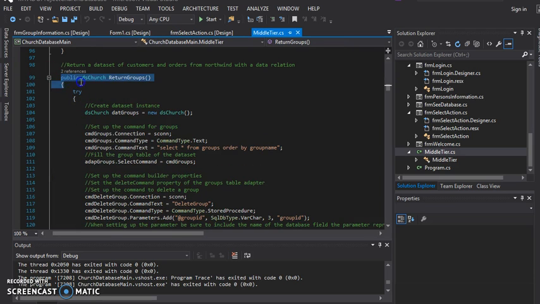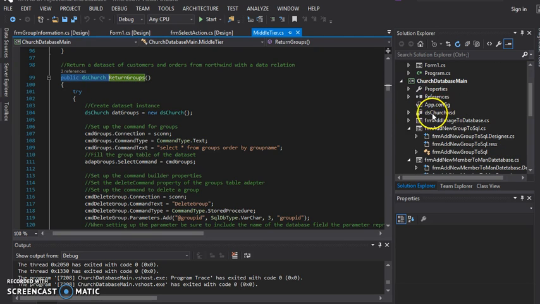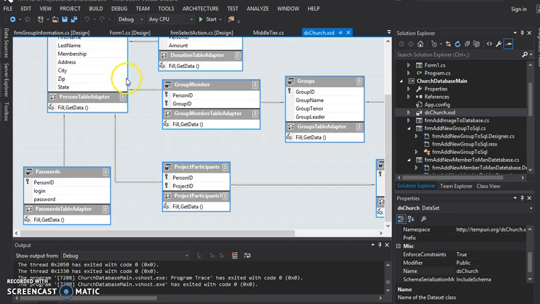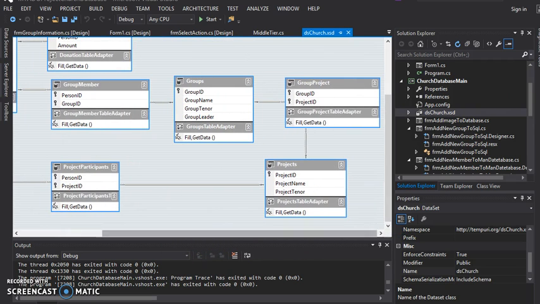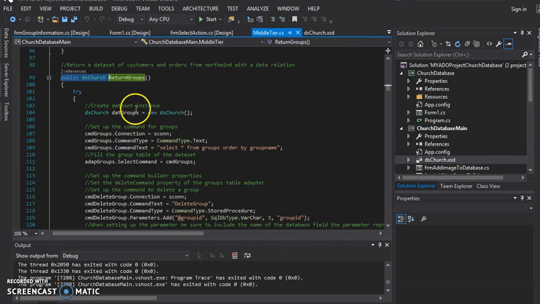My data set I call DB church group. Here I will show my data sets. You can see I have a strongly typed data set with a primary key. I connect all of my data sets together. Let's go back to my mediator, and this is my creating data set,